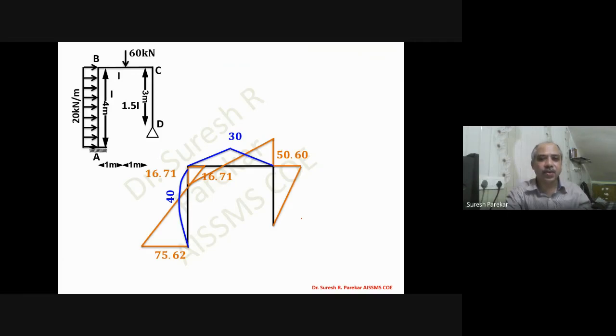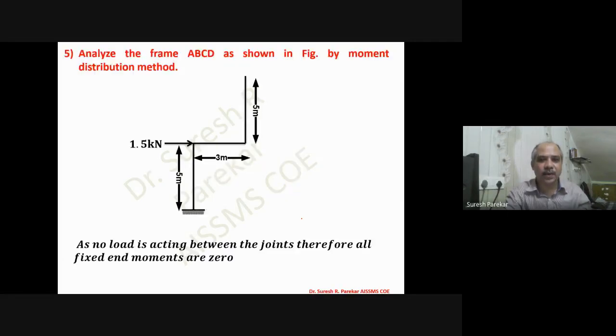And now we will switch over to the last problem, which will be my fourth problem, which we have taken a little bit differently. Now you can see over here. So we have, likewise, 1.5 kilonewton, A, B, and CD. Now you can see if I cut it, then is it a mirror image? Not at all, because AB is below the line, CD is above the line, and if we are in this fashion, then we have a sway frame.